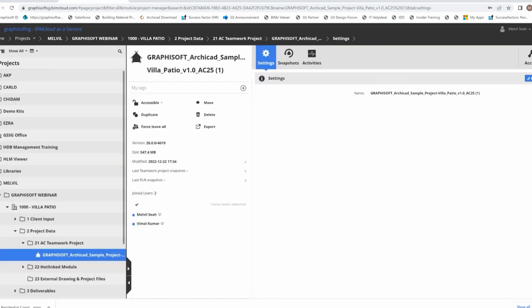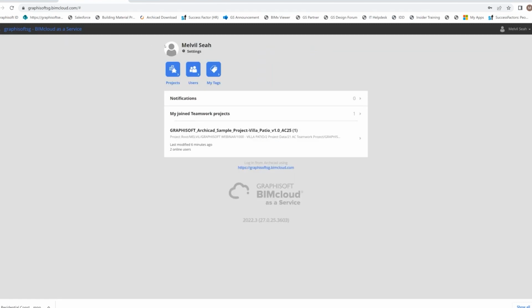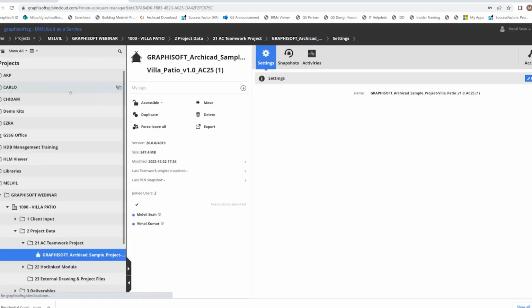So when you log in, by right, it will show you this first interface. This first interface is actually a summary of all the user activities. So I've already joined a teamwork project, which is one, and this is the teamwork project. And if there are any notifications, at the top, due to my permission settings, I will only have these 3 tabs. So let me go to the first one.